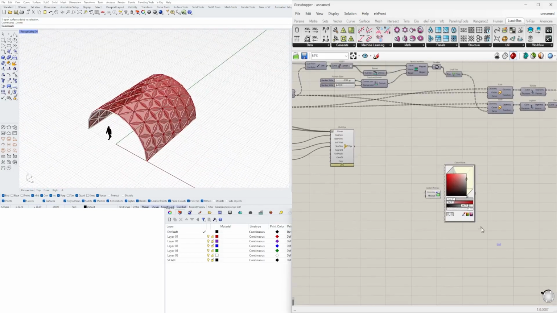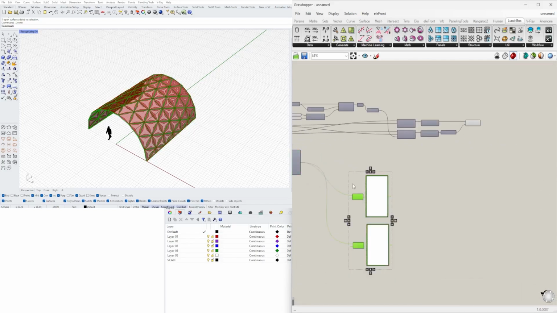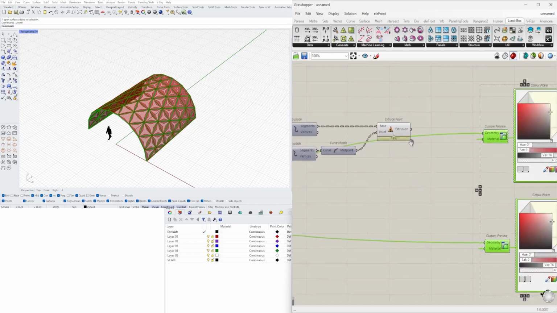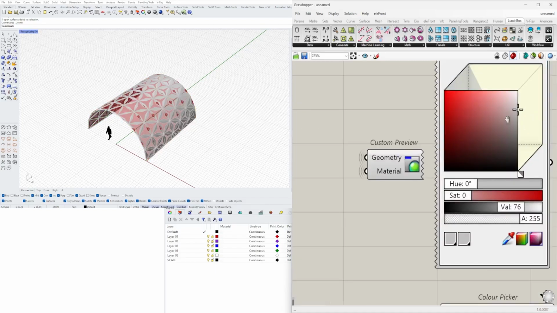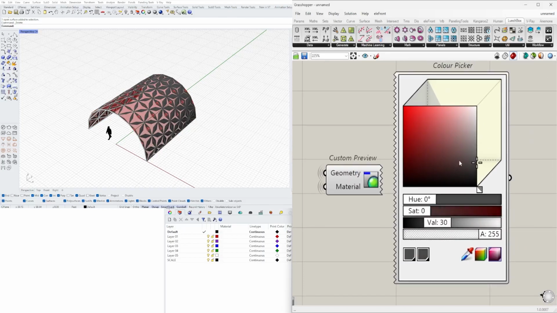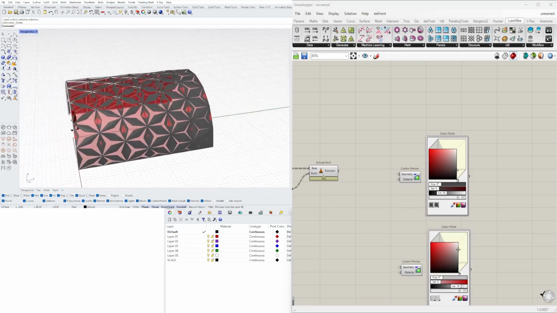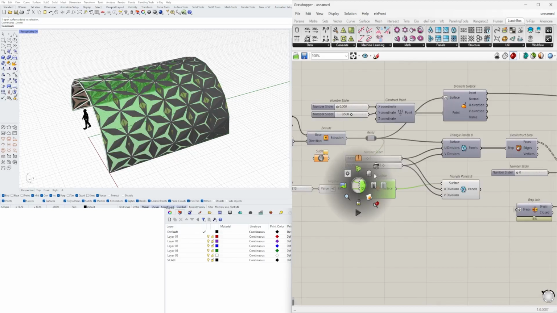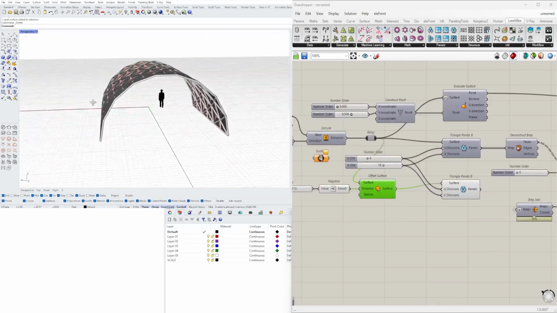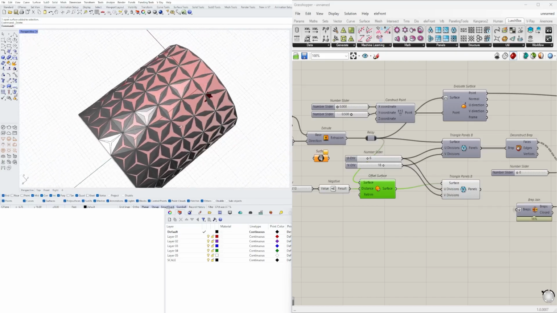Now we're going to take this and copy it. Hide this. Now plug that in. They're both the same, so now this will become for the pattern. Do you see how there are some overlaps here? Let's go back to the offset surface, hide it. And so now the panels are on the outside. You can't really see them,